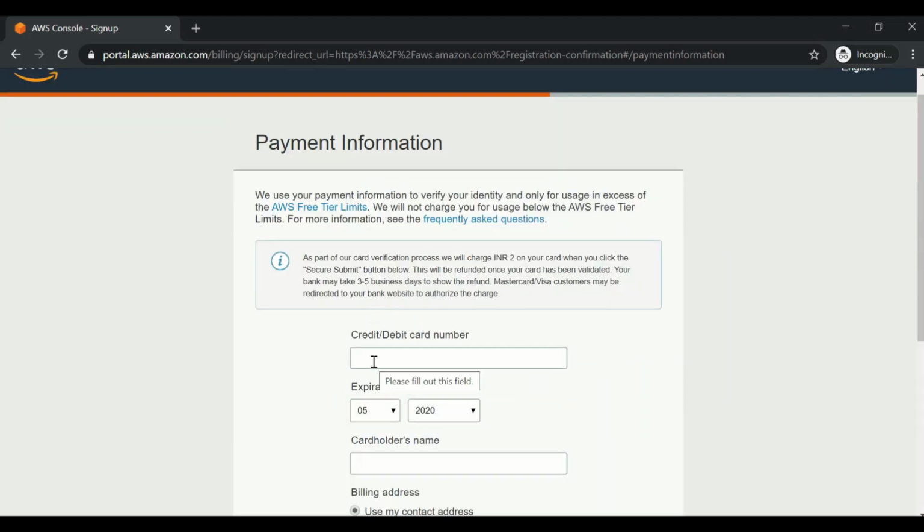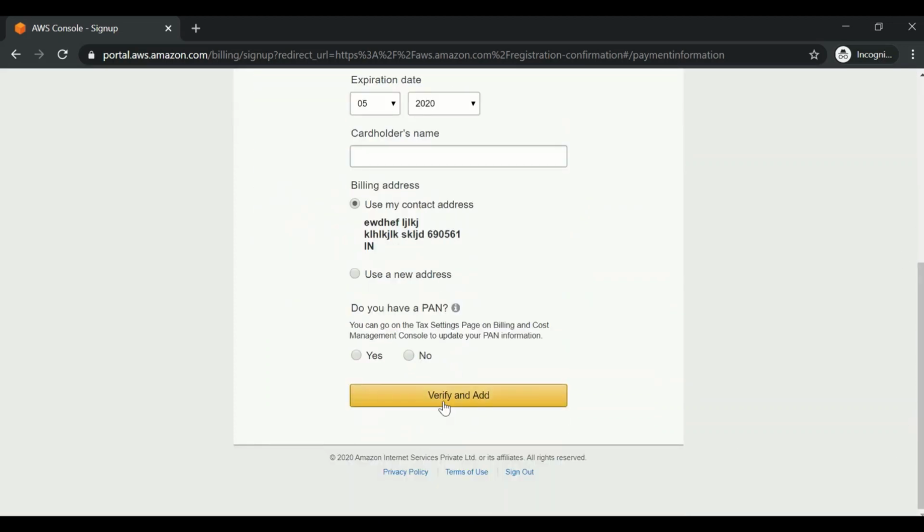This is the part where you might think of backing off because it would require credit or debit card details to continue. You need not worry about that, because it will only charge you 2 rupees and it will be refunded to your account. For the first 12 months, there will be no charges incurred if you stay within the limits provided in the guidelines of AWS. All in all, it's a good deal because other than hosting a website, which I am teaching you here, there are other features of AWS which you can explore, like hosting your own virtual machines and doing other exciting stuff. Once you have put up your details, just verify and add.